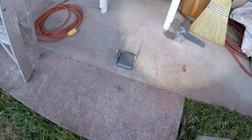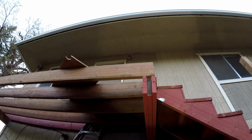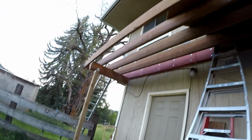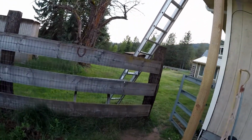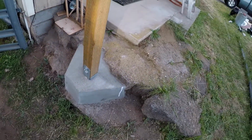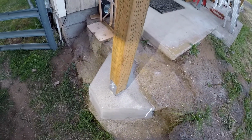Here's another one here, and that is going to have the post coming up for the tripled up 2x10 beam there. That beam runs the span of the center of the house. So here is a footing that we made here. We have rebar going into all the rock,